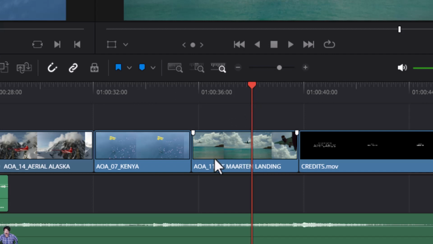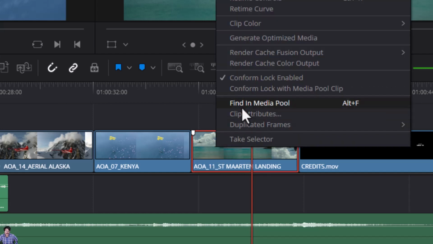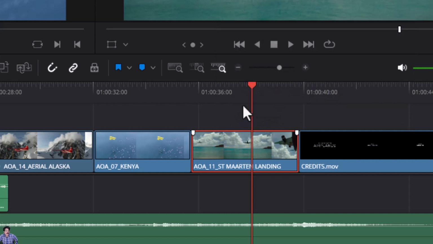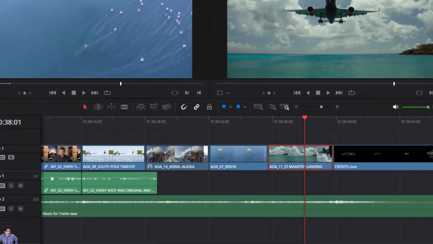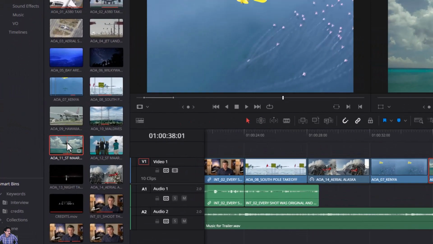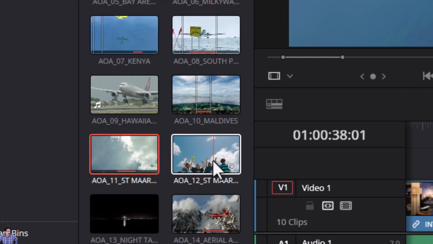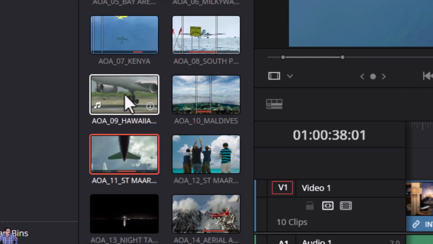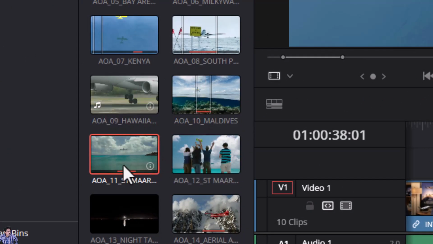So, if I want to have a look at it, I can right click on this clip and choose the option find in media pool. So, when I click on find in media pool, you can see this clip is now visible in the media pool, and next to that or before that there might be some shot relevant to this